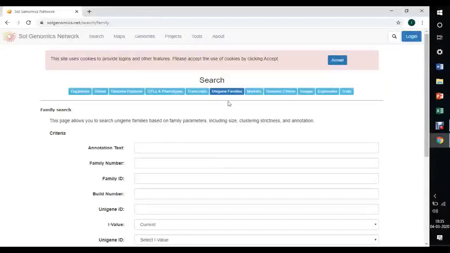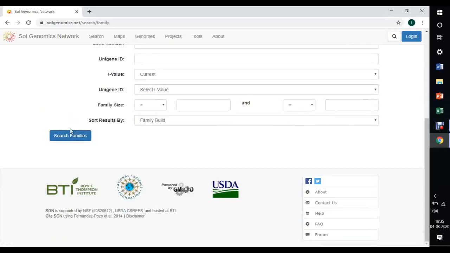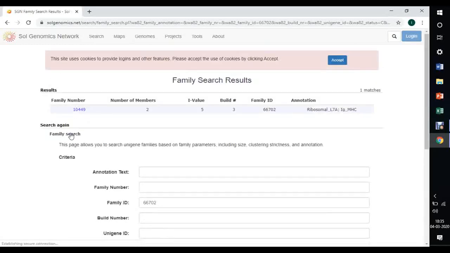In the unigene families option, choose the information which are all you know. I know only family ID and I will give the family ID only and give the search for families. Click on the family number.